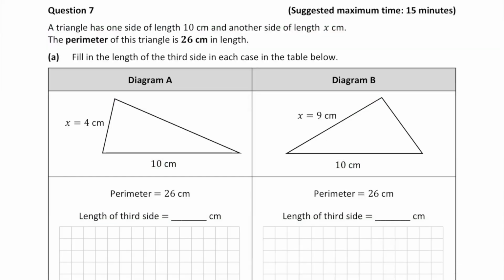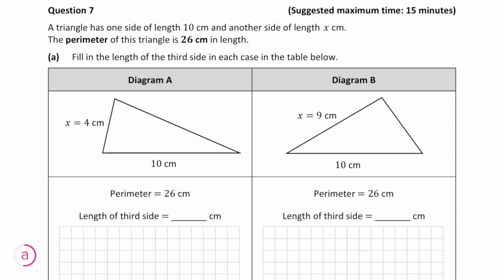Here's today's question, which is worth 30 marks. We're given a description of a triangle that has one side of length 10 centimeters and another side of length x centimeters. Also, the total perimeter of this triangle is 26 centimeters. In part A, we're given two diagrams of such triangles and we have to find the length of the third